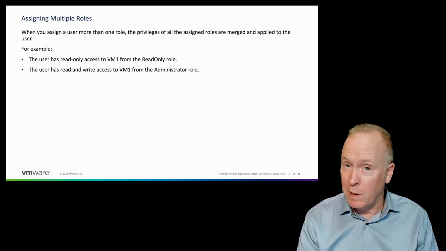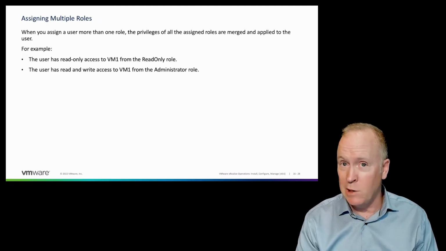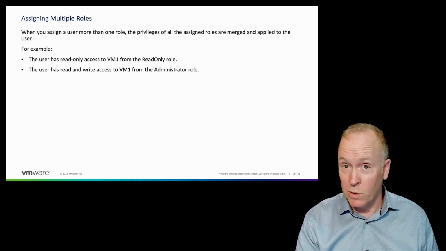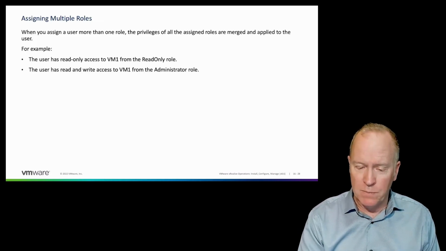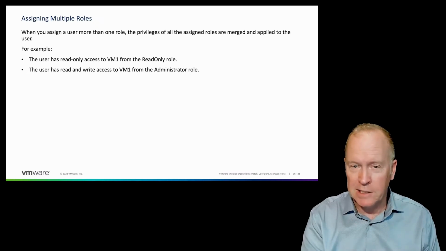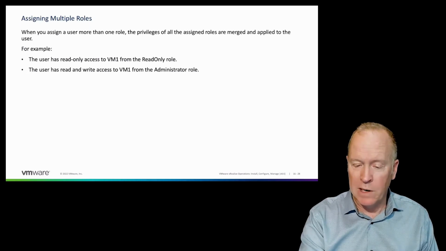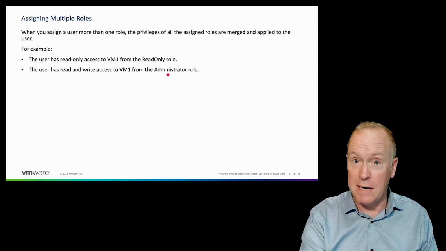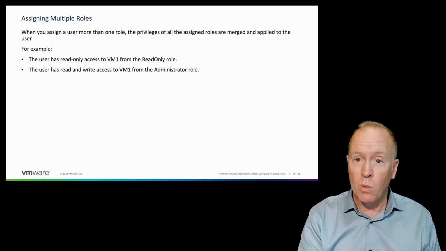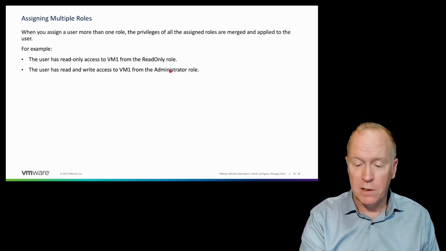But that's not how vRealize Operations behaves. In vRealize Operations, if you're a user and you have been assigned multiple roles, you are going to get the combined power of all those roles. So as an example, if you're a user and you've been given access to a virtual machine, let's say VM1, and by virtue of one group, you've been assigned the read-only role, and by virtue of being a member of another group, you've been assigned the administrator role, you will, in effect, have the power of administrator